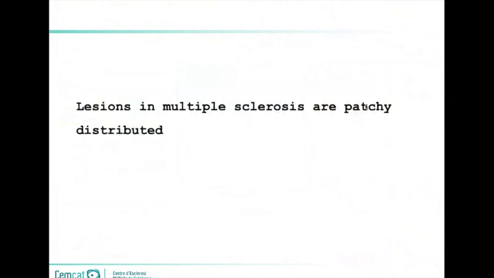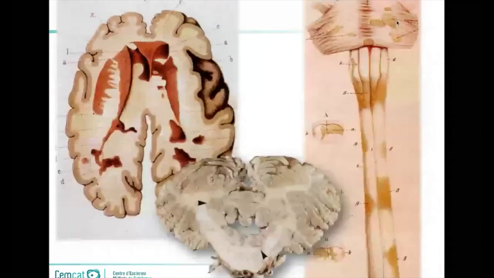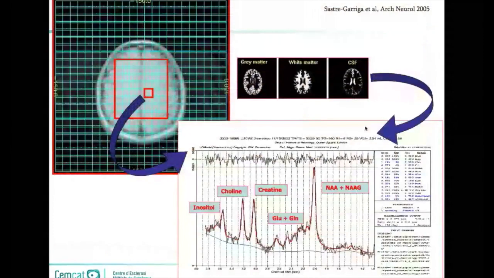Another thing that we were taught was that lesions in MS are patchy distributed, and that outside those patches of lesions, these are very early depictions of the pathology of MS. Outside these patches that we can see very beautifully drawn, everything is fine, as I said before. But this is not true, and I'm showing a paper that we published some time ago just as an example